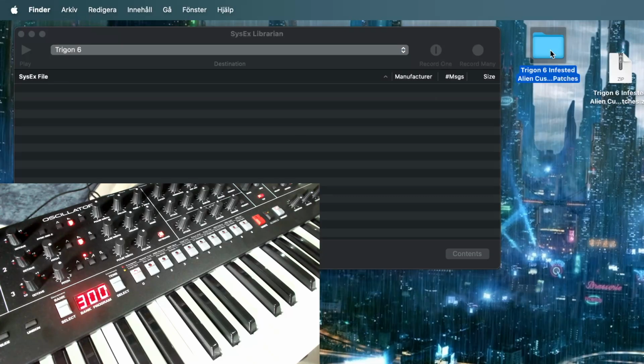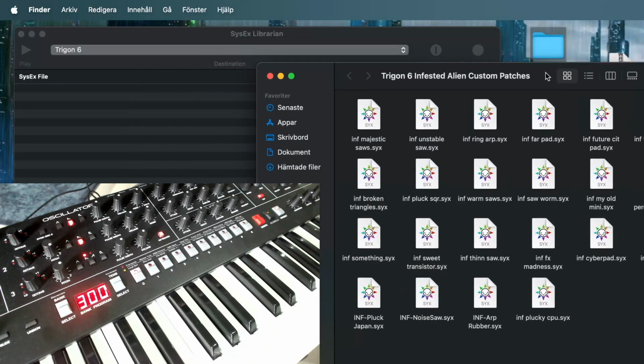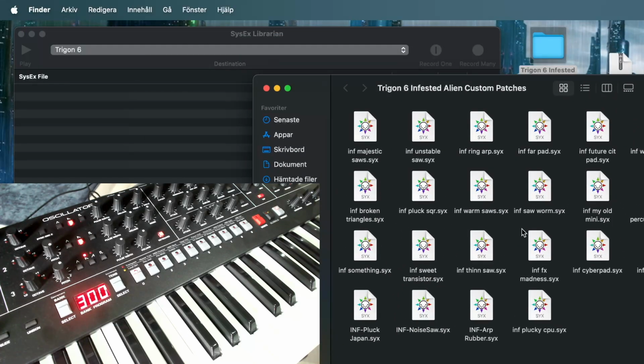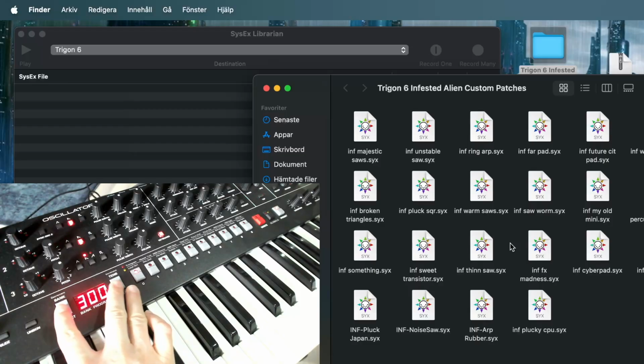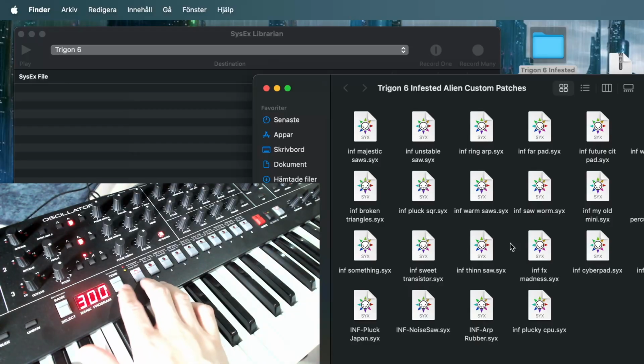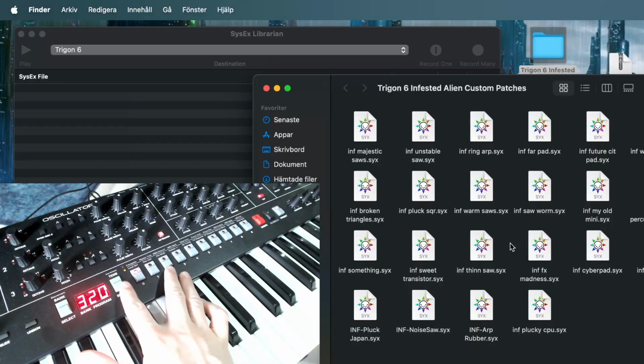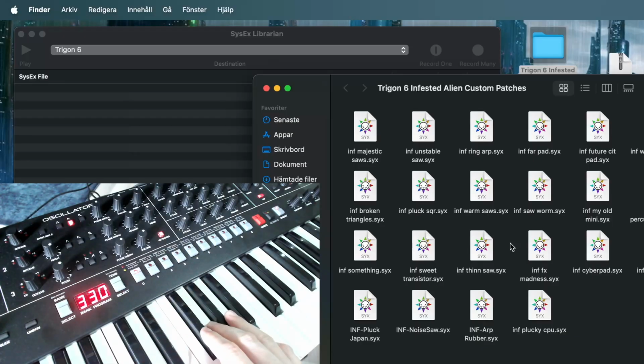So now we have the file and we are safe and sound. If you look at my custom sounds here, for example, let's say that you want to send one of these files over to the synthesizer. Let's say that I'm going to a program like this one, 330. I should be able to just load it in the temporary memory. For example, let's say that I want to have this patch. I just drag it over